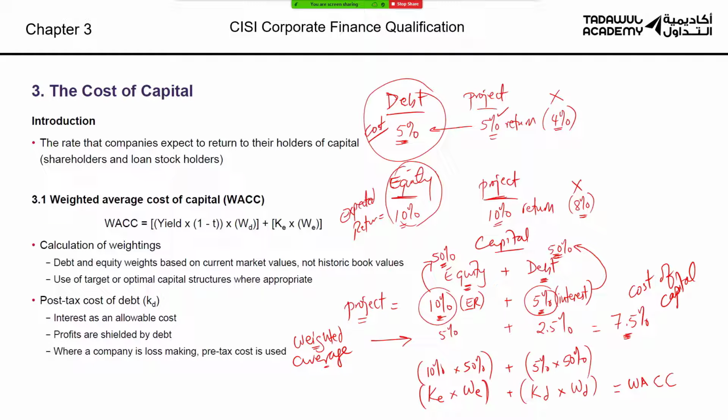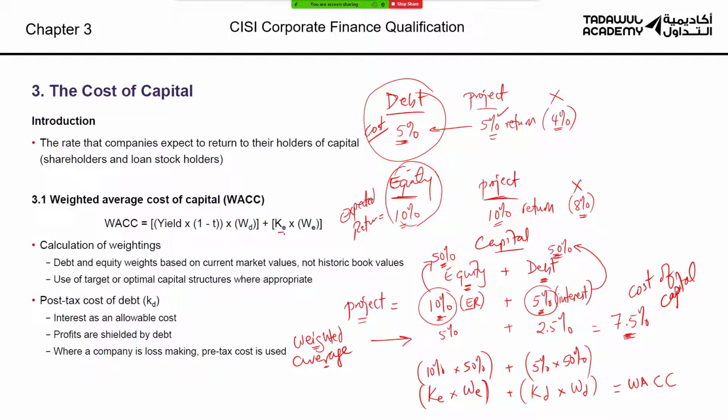So in a very simple manner, what are you using? Existing equity and debt? You use the existing cost of equity and debt. Are you going to make a new issue of shares or a new issue of bonds? Then you have to use the cost of this new issue of shares and the cost of this new issue of bonds. This, in a very simplified way, is the weighted average cost of capital. And every project you are going to finance has to bring you this 7.5%. It's your cost. So this is what this formula is telling you about.